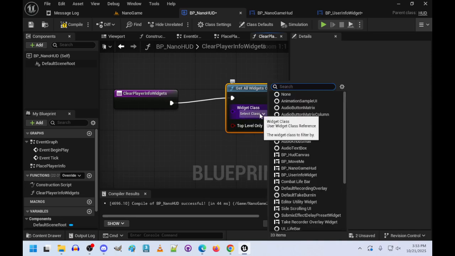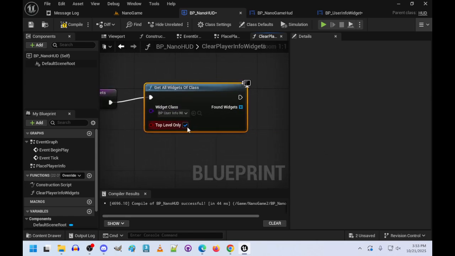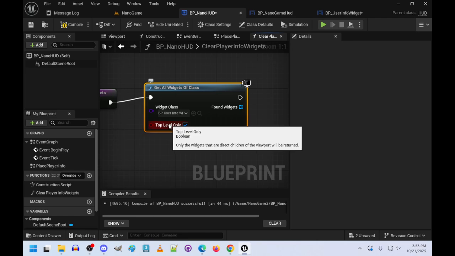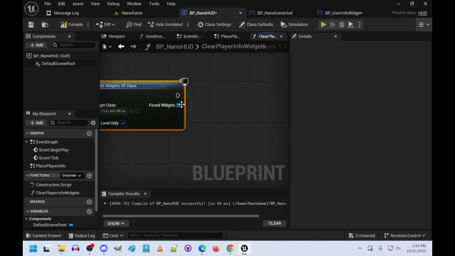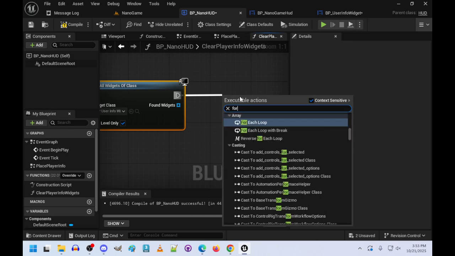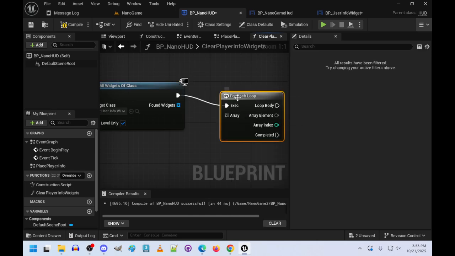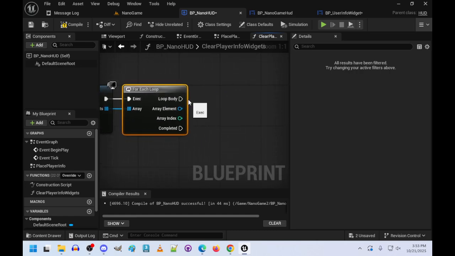Again, this is going to be the user info widget. Top level only, widgets that are direct children of the viewport, yes. Yep. And then with found widgets, we can go for each